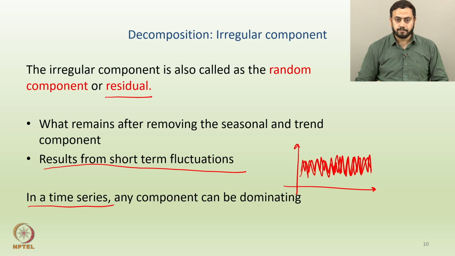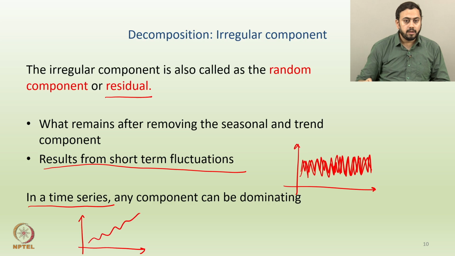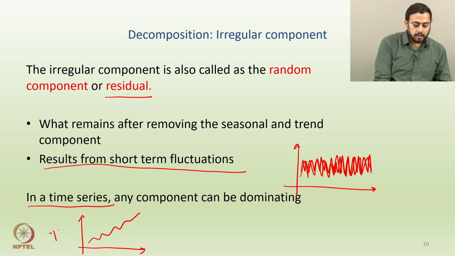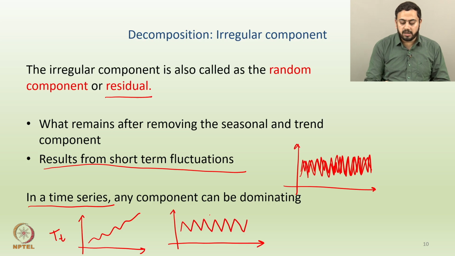Okay. So at the last, one can conclude by saying that in a particular time series, any such component can be dominating. So it can be either trend or seasonality or cyclicality, or if you do not have any of these, then which component is dominating? The answer is the fourth one, which is the residual. Okay. So I can give you some examples really quickly and then we will stop for this session. The first one is, let us say, trend. So if you have something like that, obviously the trend component, Tt, is dominating here. Now the second example could be where seasonality is dominating. So we saw the example of Norton temperature data. There seasonality is dominating. Here you do not see any trend for that matter. So the component which is dominating here is St.